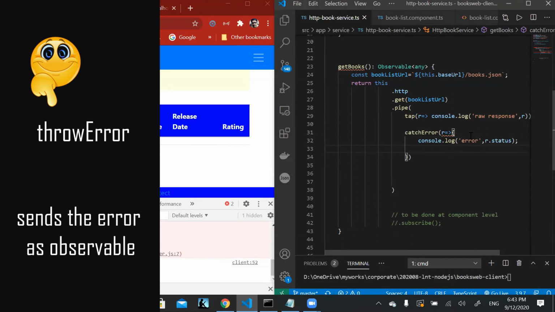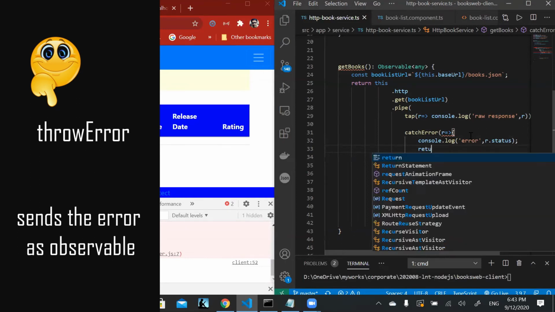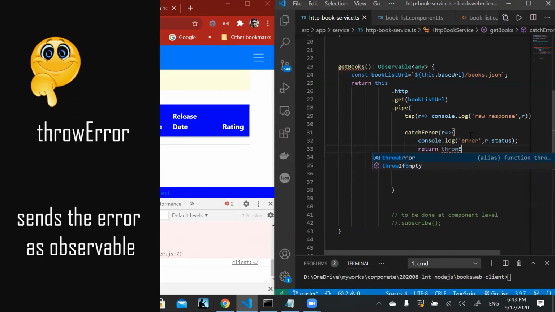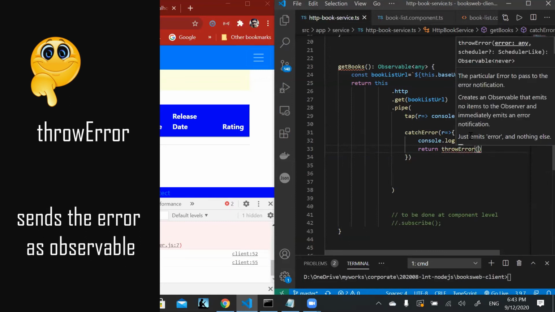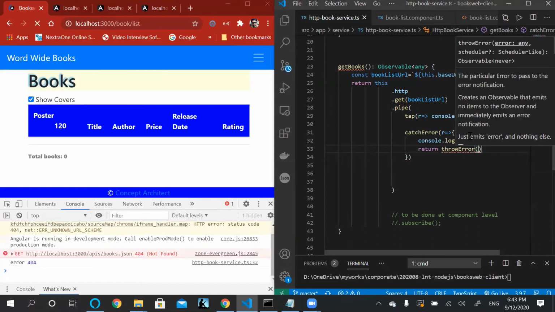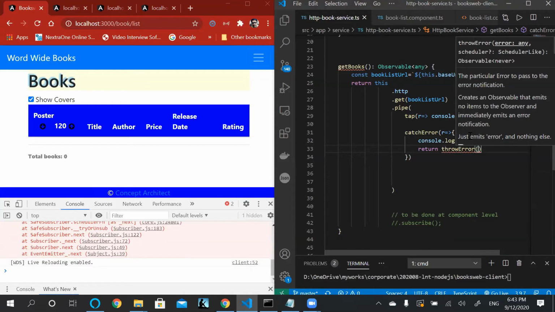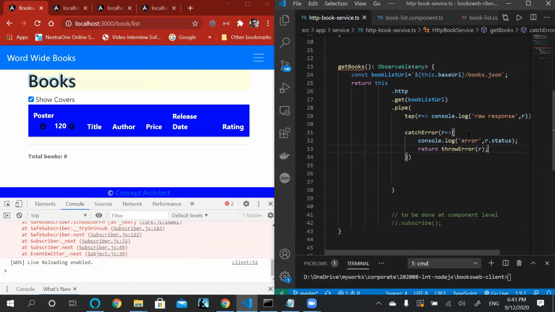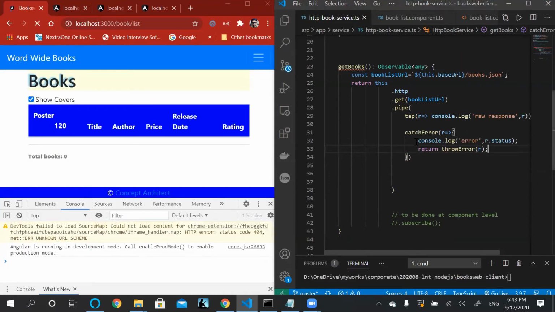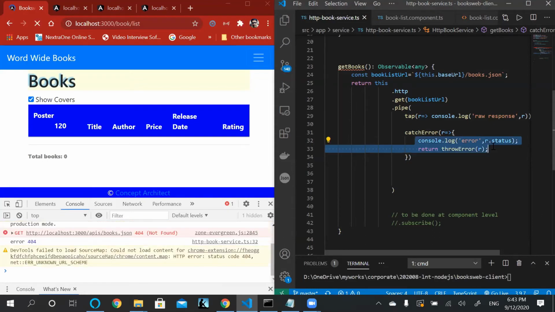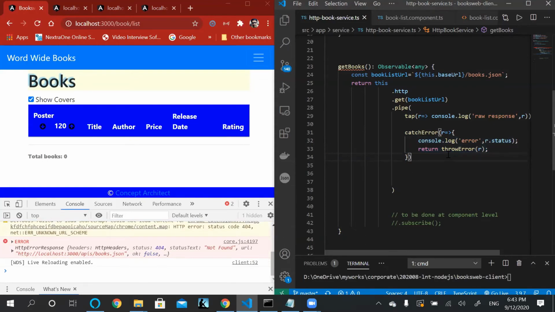So we can come here and say return throwError, which is an observable, and here I can return the error, which is our whole response object. And in that way, this error message will be sent to the component to handle.